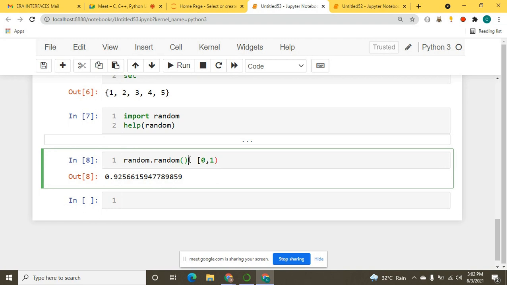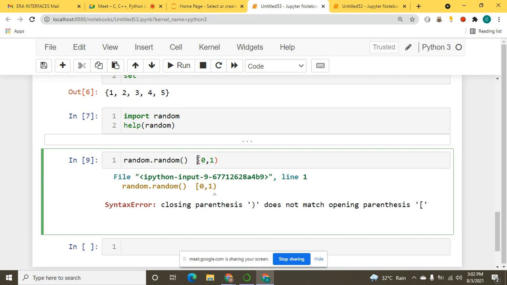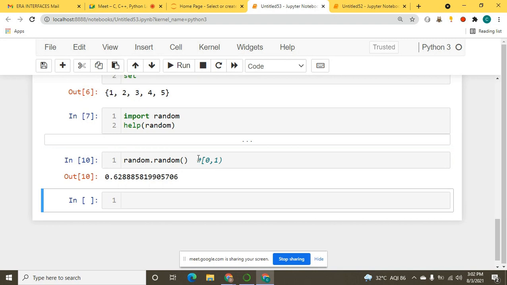Whenever you execute this code, you will get a different number. Before it was 0.9 something, now it is 0.62. Let me execute it again, I got 0.20. Again, I got 0.81. So I hope we are all clear with this random.